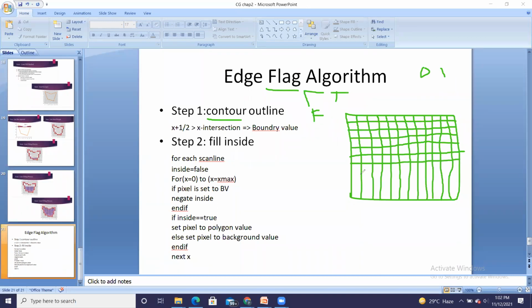Every small box is acting as a pixel. Okay. So this is your screen, and my job is to draw the contour outline.